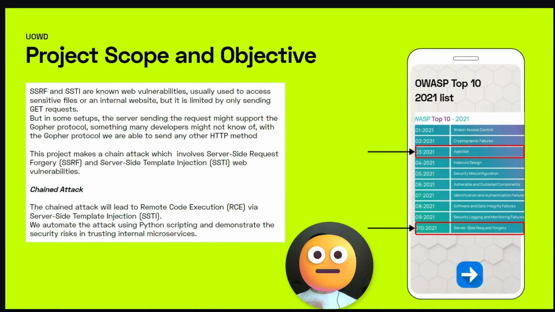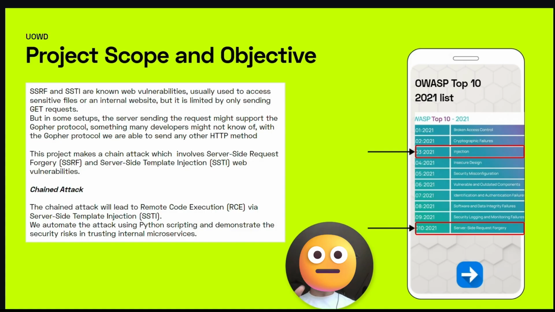In this project, we do mimic the SSRF and the SSTI web vulnerabilities. While the SSRF is ranked number 10, the SSTI is ranked number 3 in the OWASP top 10 list of 2021. Both vulnerabilities are server-side, making them even more dangerous than the client-side vulnerabilities in web applications. Due to insecure practices, a developer for your web application may forget to account for certain protocols, specifically the Gopher protocol. The Gopher protocol is a powerful protocol that is capable of sending post and get requests just like